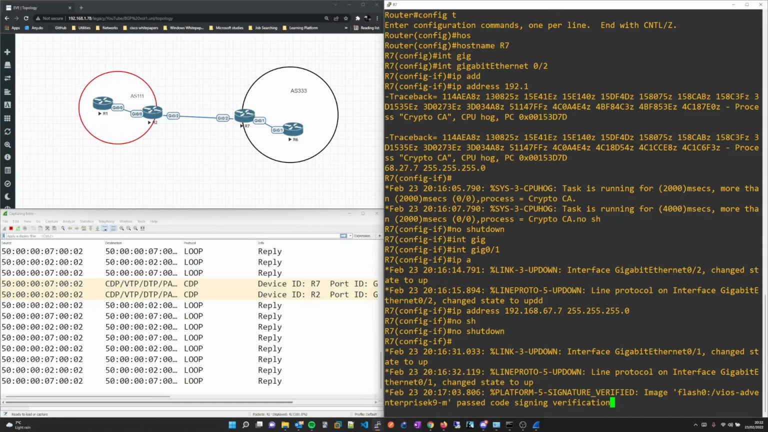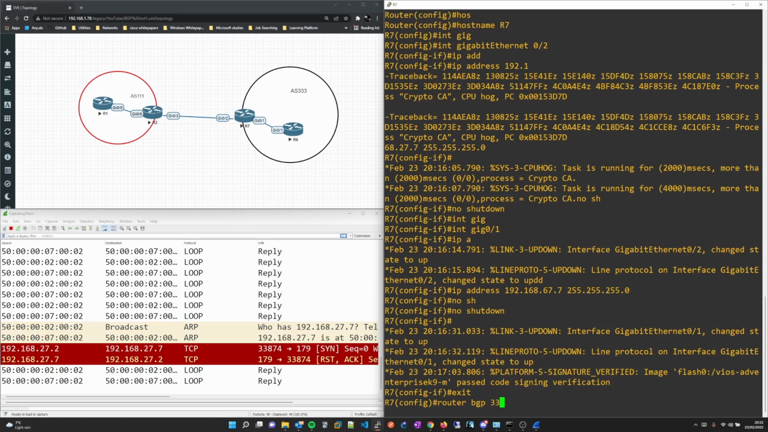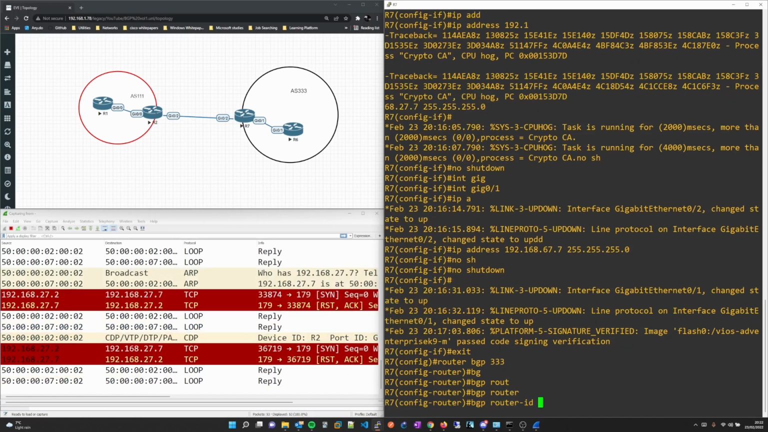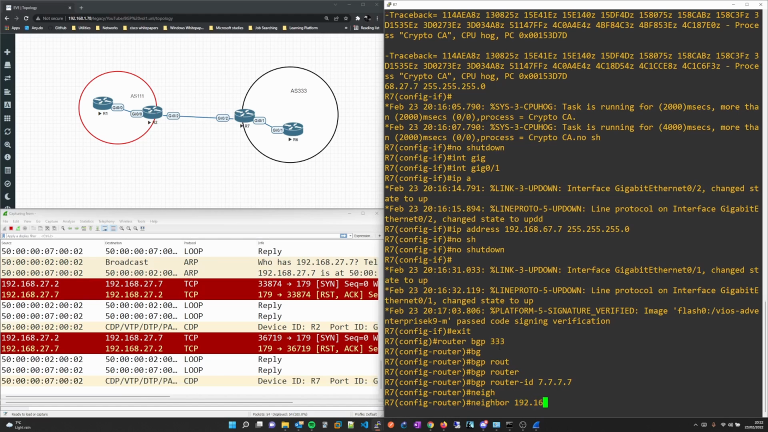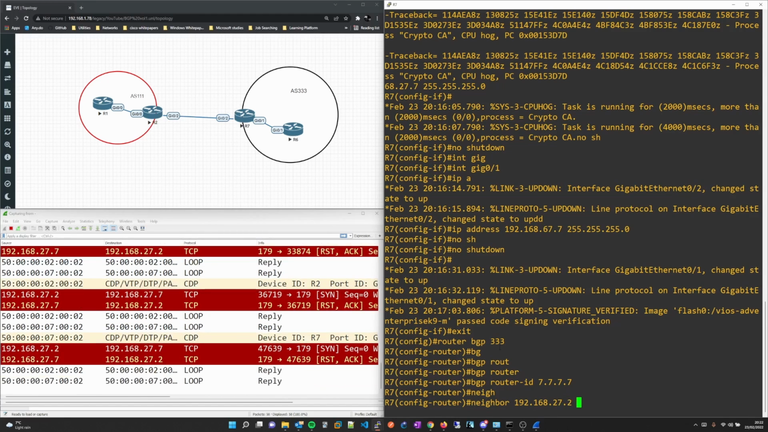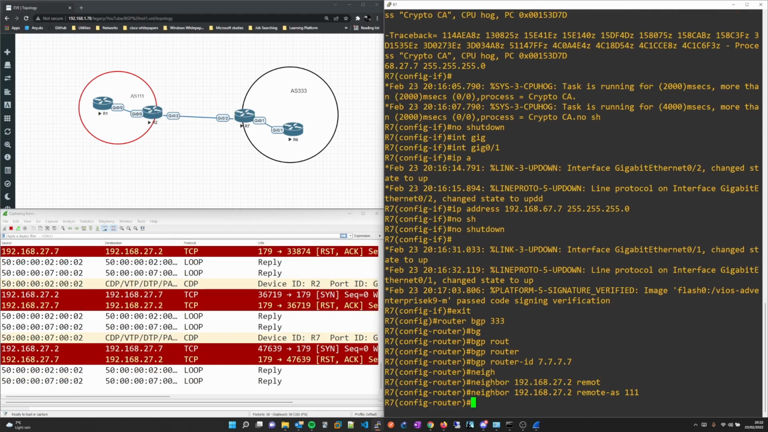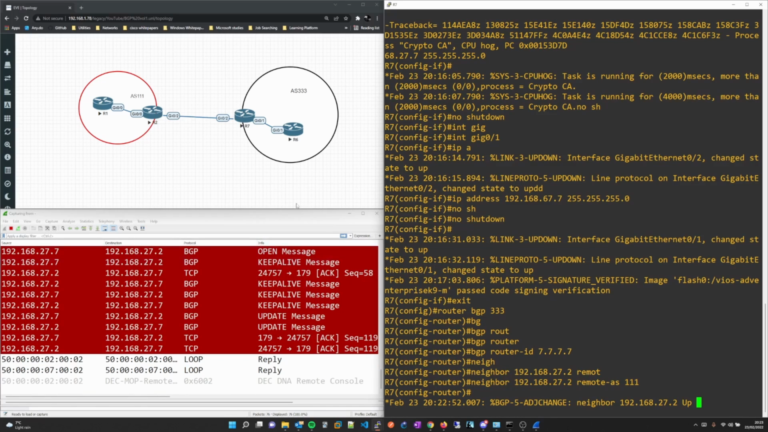On R7, we do the exact same. Router BGP, autonomous system number 333, BGP router ID 7.7.7.7, and then we're going to go neighbor 192.168.27.2 remote AS 111, and then we should see the neighbor pop up. We have an adjacency. What it's done is formed a TCP connection between R2 and R7 using port 179,